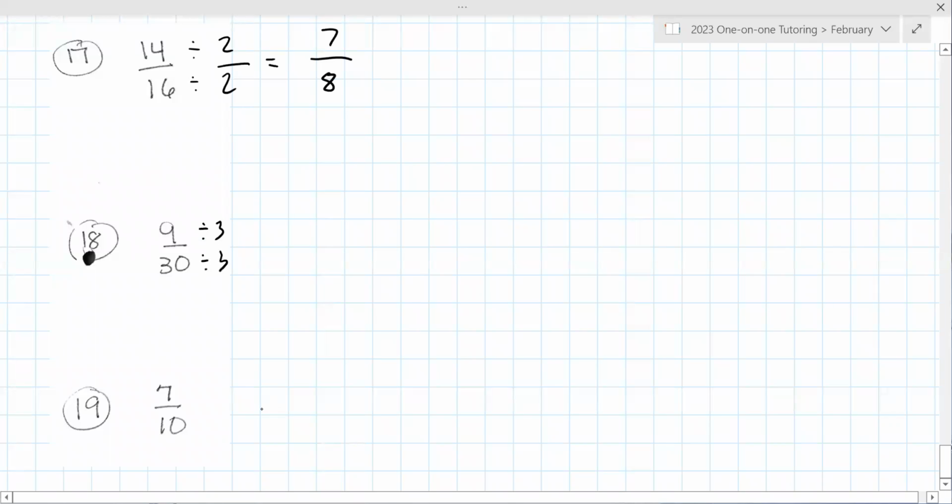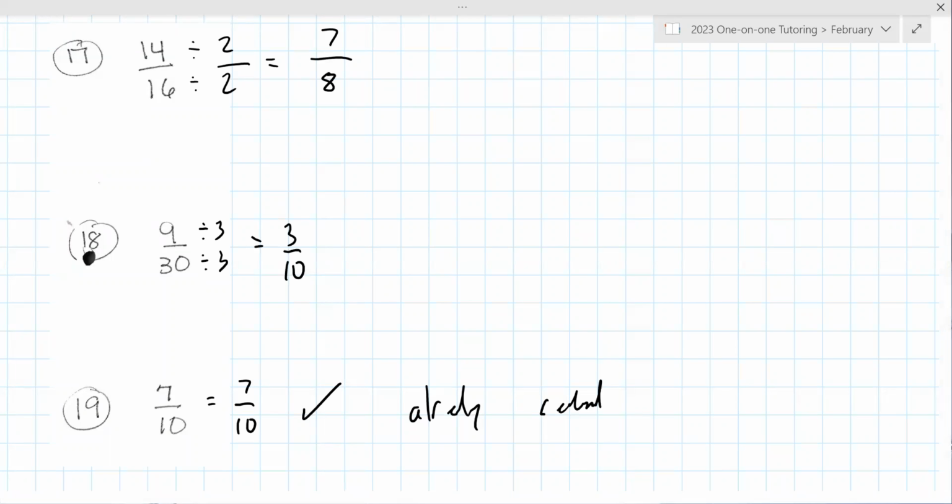I'll just kind of show you these here. So the first one you divide by 2, second one you'll divide by 3. You'll end up doing it twice. I'm sorry, that's not true. You'll end up dividing by 3. The last one was good as is. It was already reduced. So the answer to 18 is 3/10. Yes, you got it. Okay, so to summarize the lesson today, if it were me, I would want to go back and